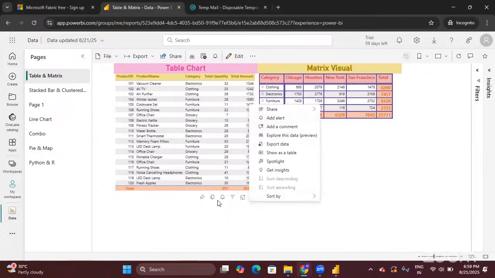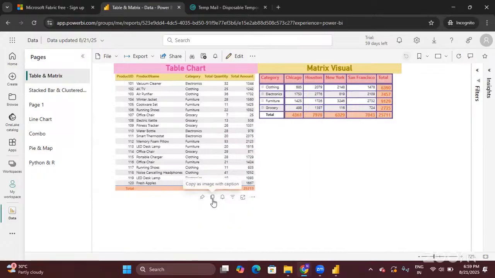Okay. And you can copy your visual. And finally, the important option coming here is pin a visual. What does pin visual do? Pin visual actually pins your visual to a dashboard. It is going to pin the visuals to a dashboard. Okay. So